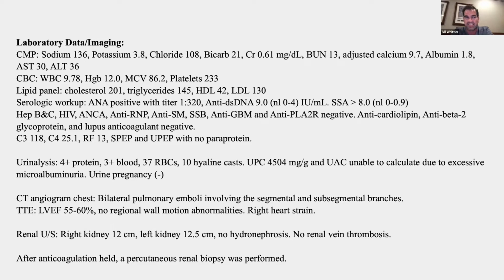So we decided not to do an urgent biopsy, even though I kind of had her there, because we didn't know serologically if she was PLA2R positive or if she had lupus or anything. So we sent off the workup and we sent her home on Eliquis anticoagulation for her PE. And then when the serology came back, we brought her back in, took her off the Eliquis, rebridged her with heparin, did the biopsy, and then sent her back out on Eliquis. Okay, thanks.